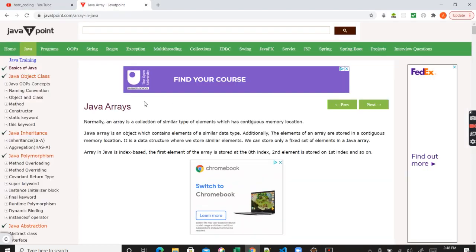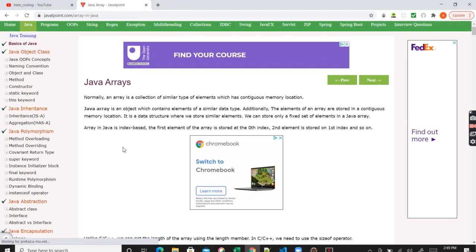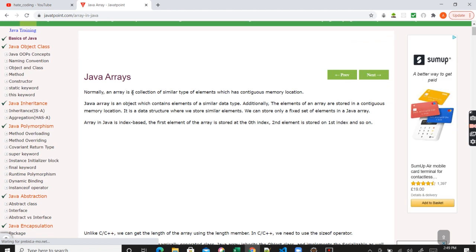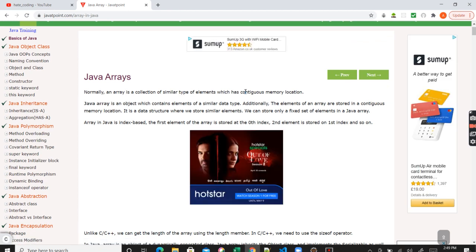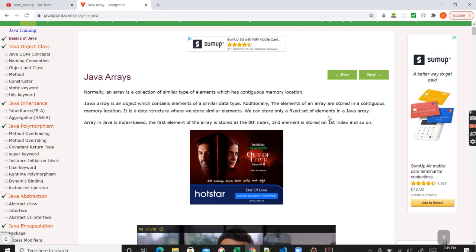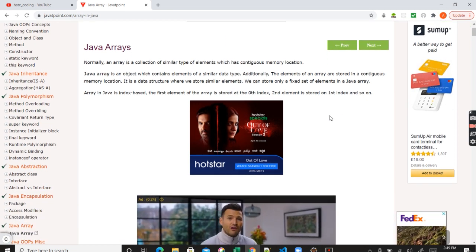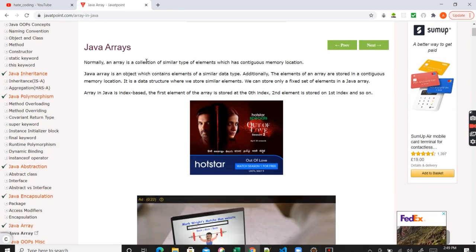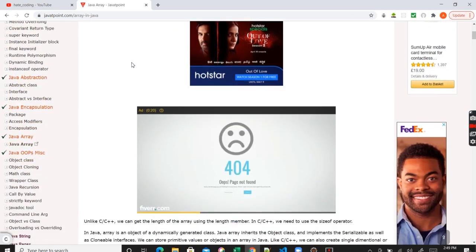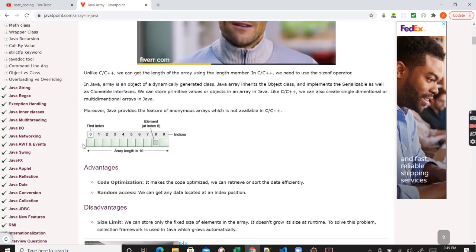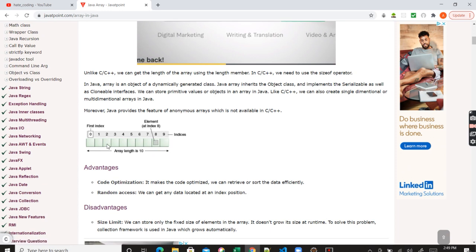So time to jump back to this Java T point. What it says is an array is a collection of similar types of elements which has continuous memory location. A Java array is an object which contains elements of similar data type. Now this diagram will give you an actual picture.